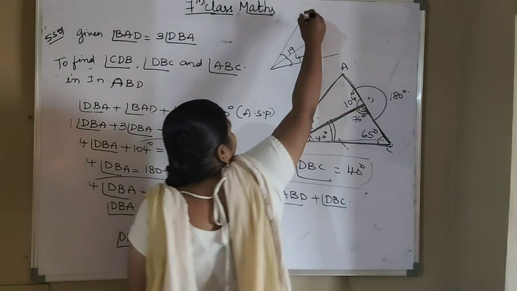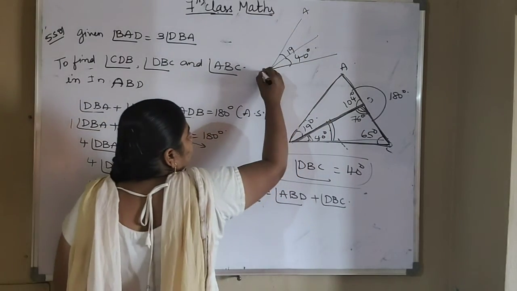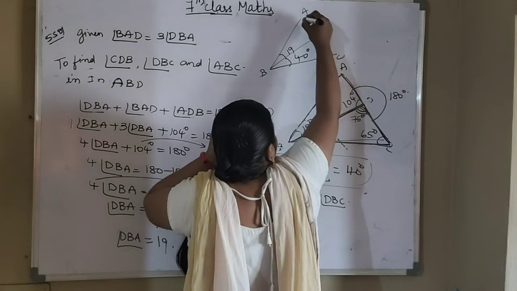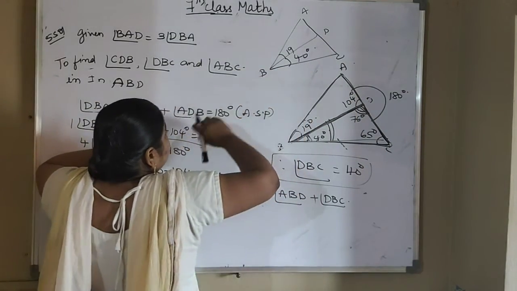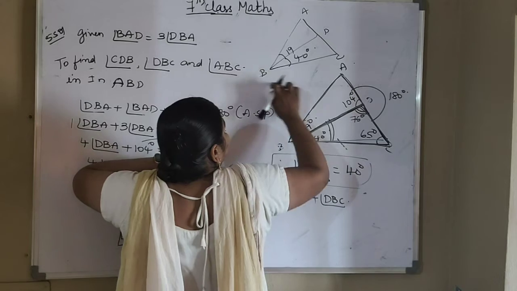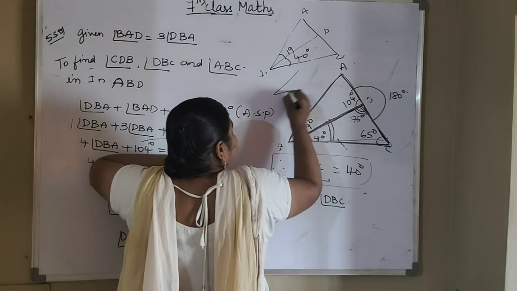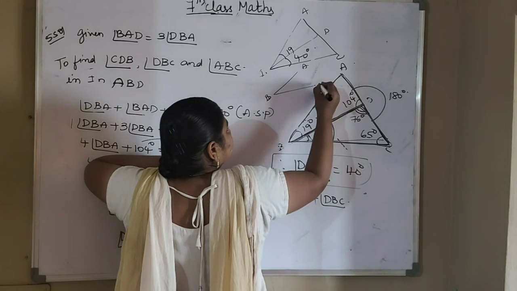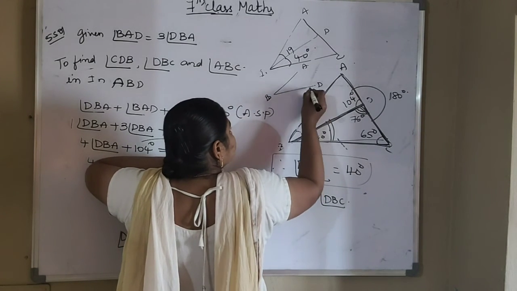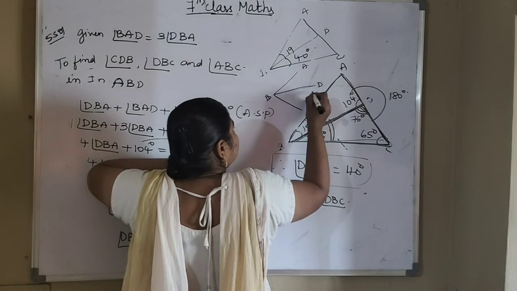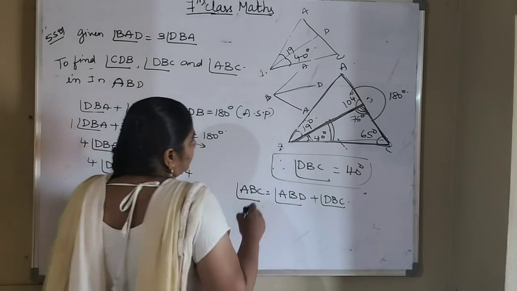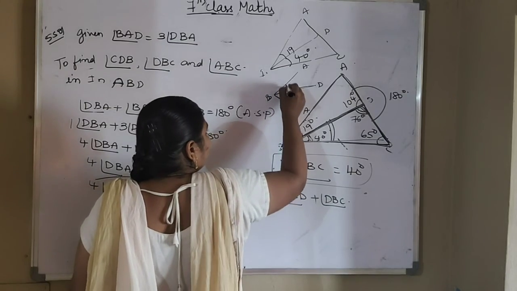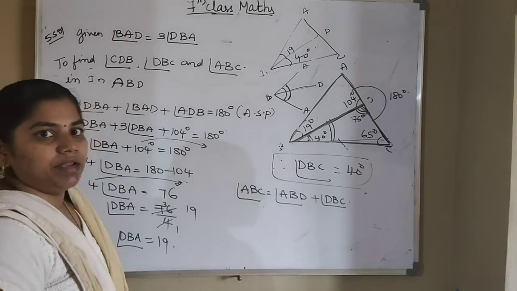Okay, so here they have given A, this is B, this is C, and this is D. So this angle B, how am I writing it? I can write it as ABD, and also I can write it as DBA. So after combining these 2 angles, they form one angle B. The total angle B it is forming.